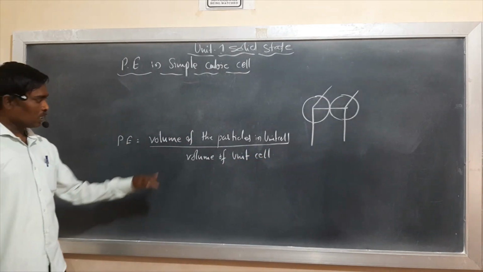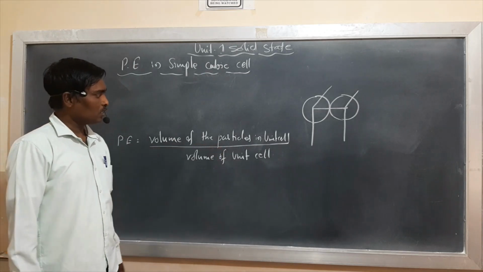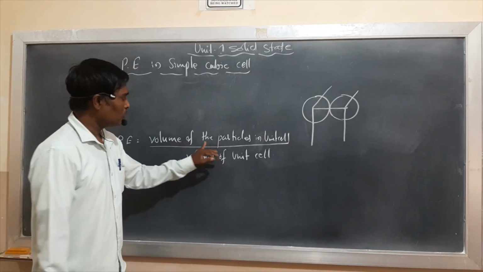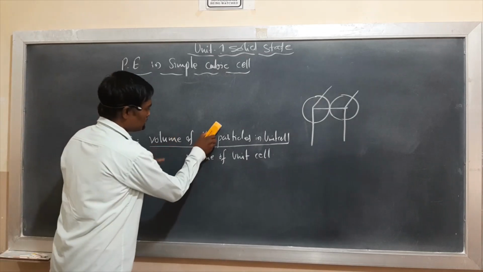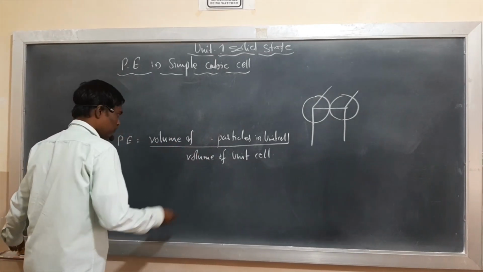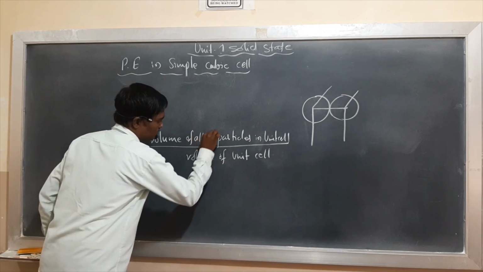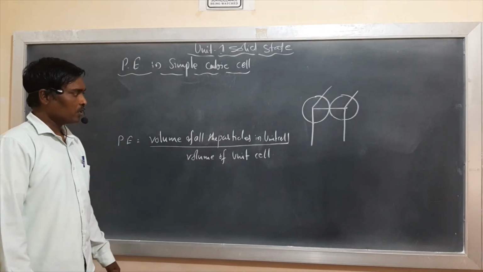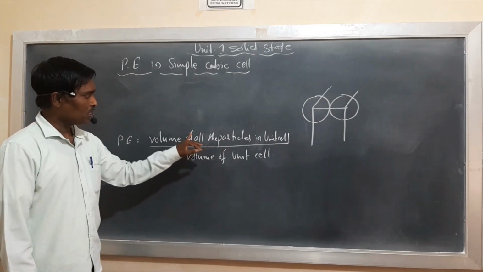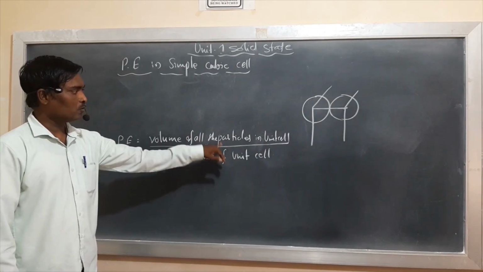Now students, to calculate this, the volume of all the particles in the unit cell is divided by the volume of the unit cell. Okay, to calculate the volume of the unit cell and the numerator term, that is the volume of all the particles,